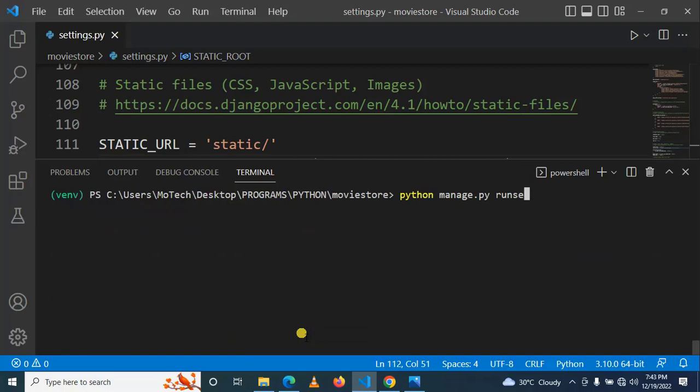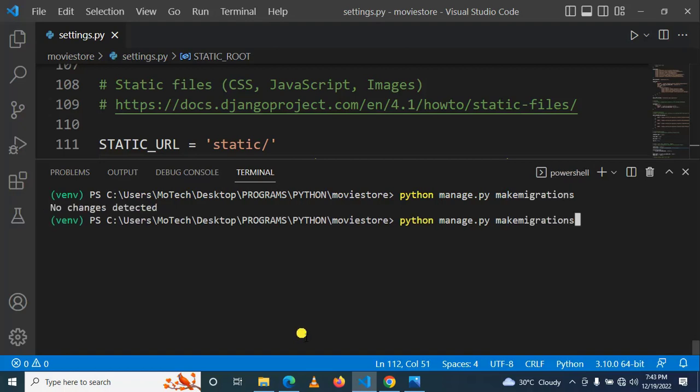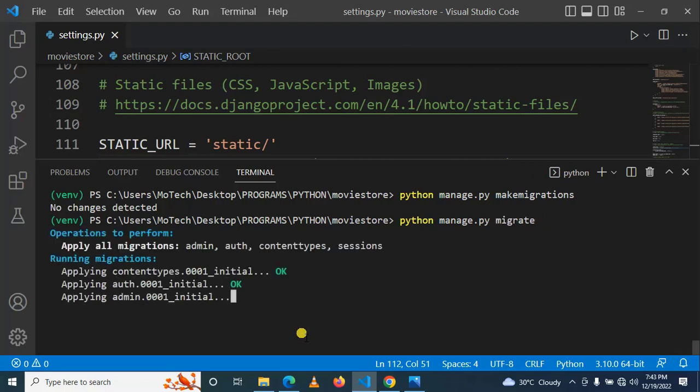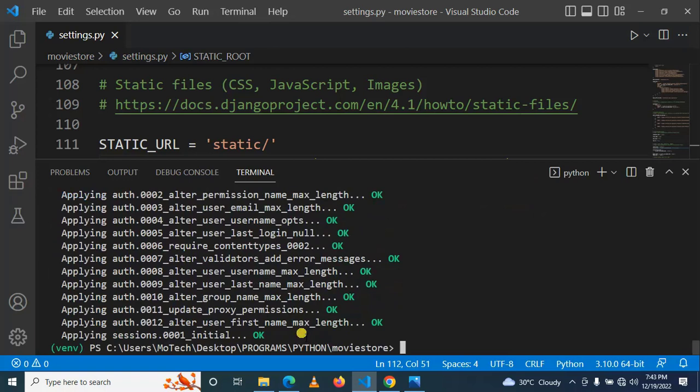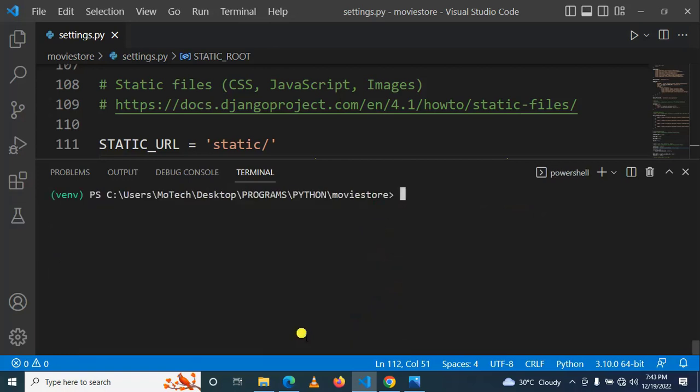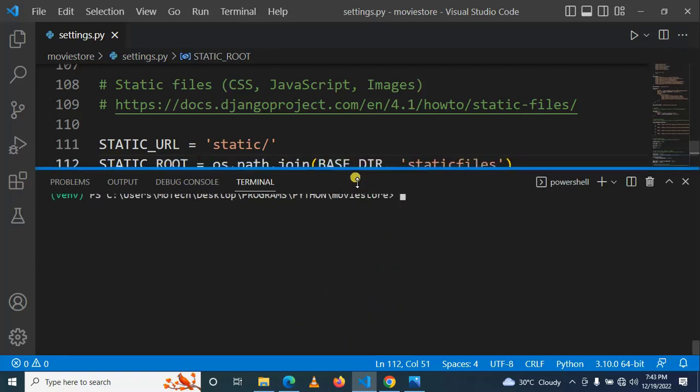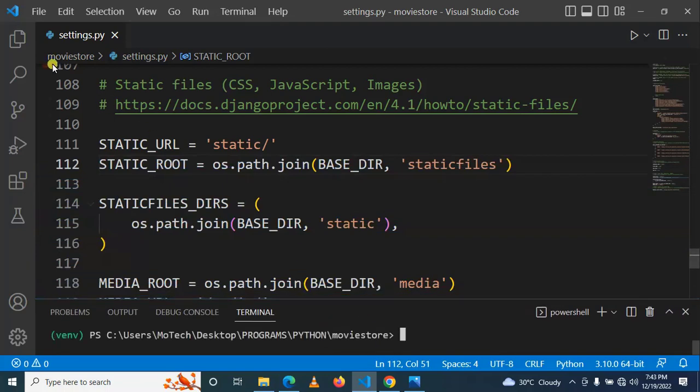So the command is makemigrations. Okay. Then we need to migrate. That's perfect. Let us create a model which is special for